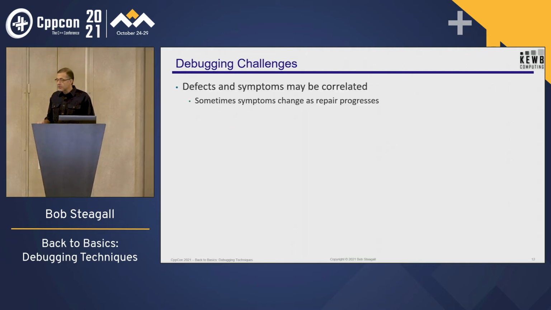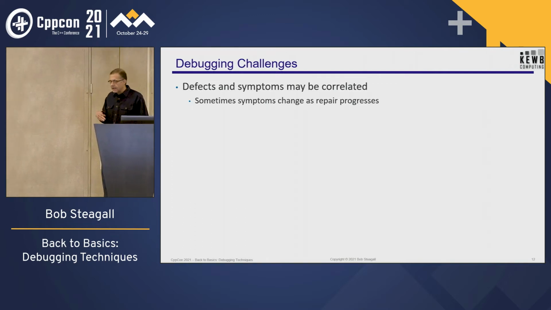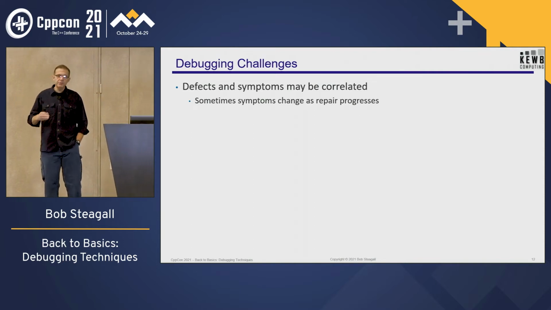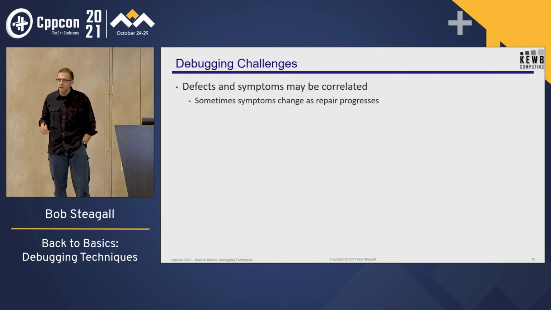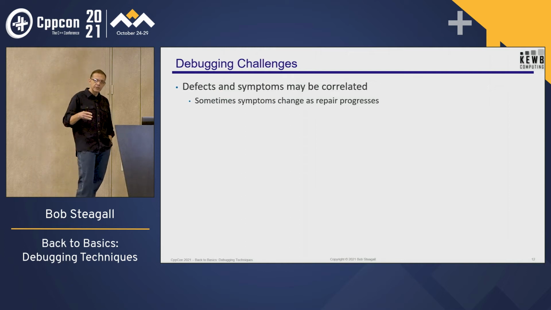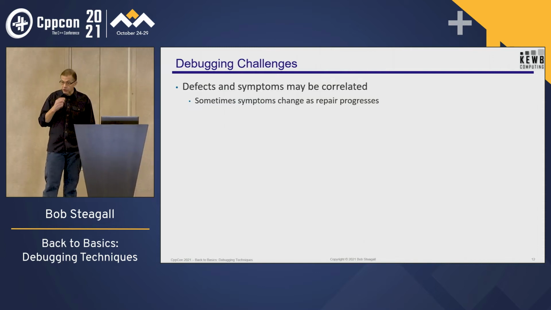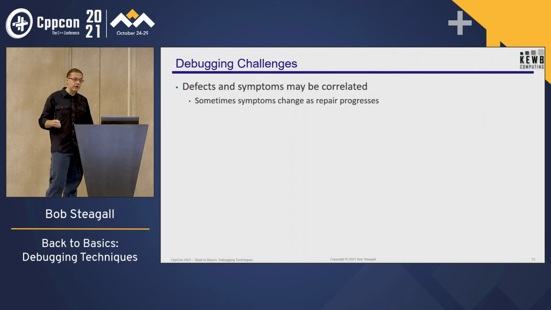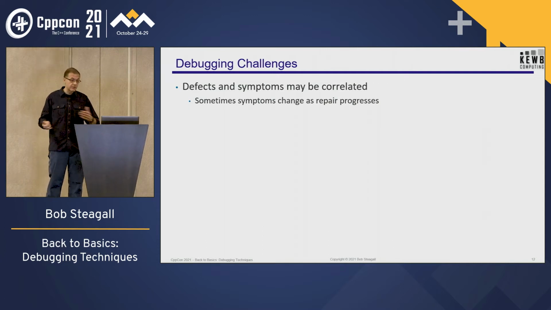Defects and symptoms can sometimes be correlated in the sense that if you think that you found the problem and you're actually repairing the problem, during the process of executing the repair, the symptoms change, right? And then when that happens, you have to go and look at the new symptom and say, well, is this new symptom that I've observed as I've attempted to fix the problem indicative of something else that's wrong, right? It's not just like repairing a symptom fixes the defect, the symptoms can change.